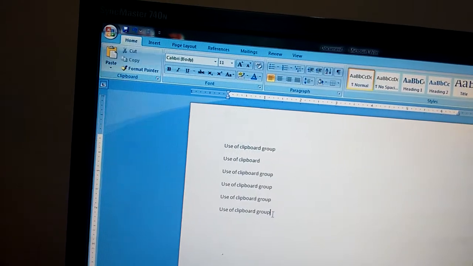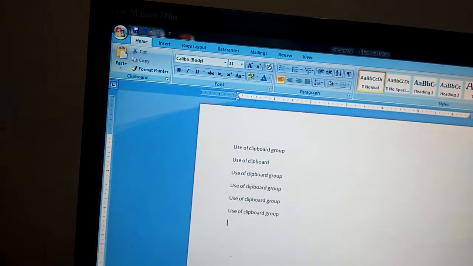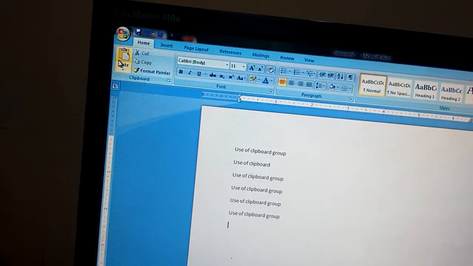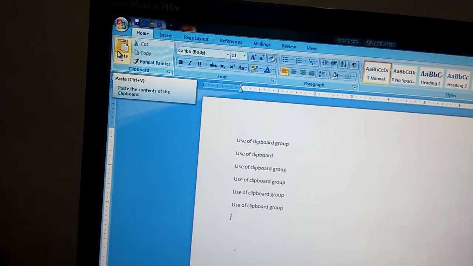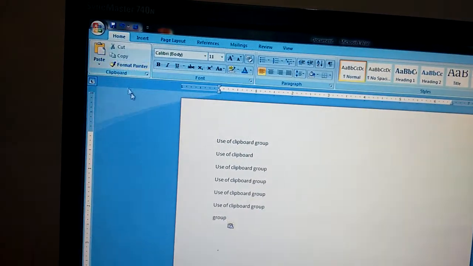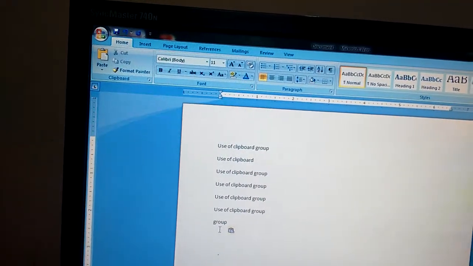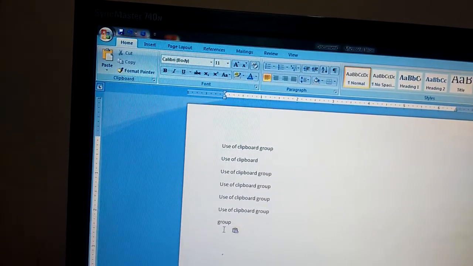Where you want to move this, you leave your cursor there firstly, and then click on the paste option, and the shortcut key you can use is Control plus V. Text will be pasted there. Yes? The word group is here, and it is not there.